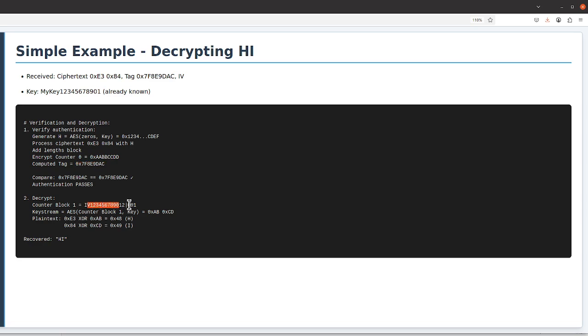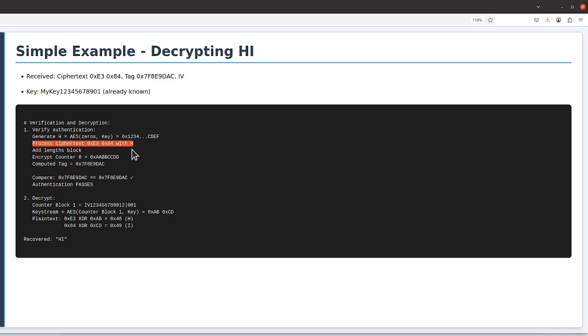Let's walk through verification and decryption. Step 1 is authentication verification. The receiver recomputes the authentication tag using the same process. They encrypt a block of zeros to get H equals 0x, beginning with 12, ending with EF. They skip AAD processing since there's none. They process the received ciphertext